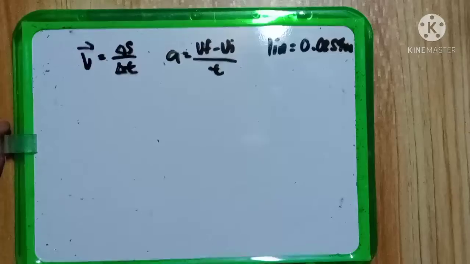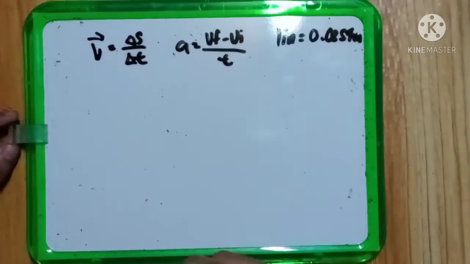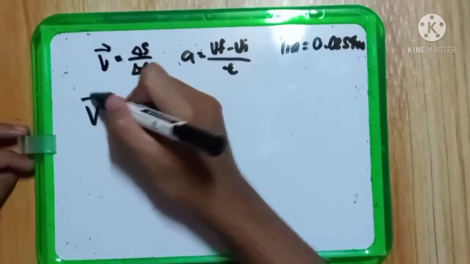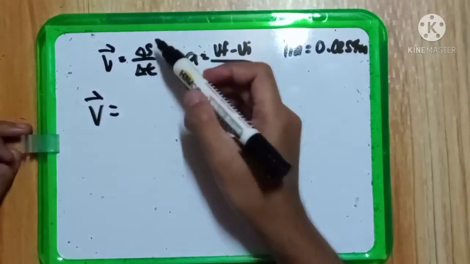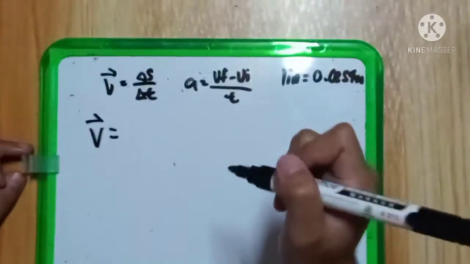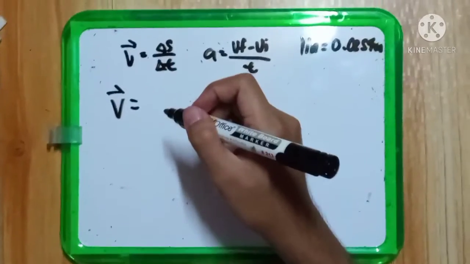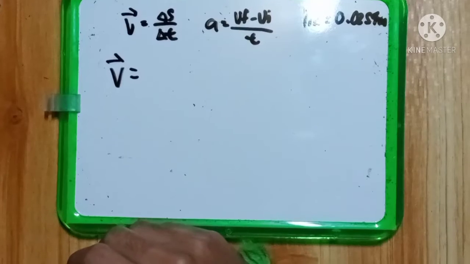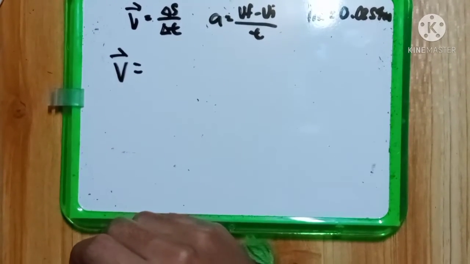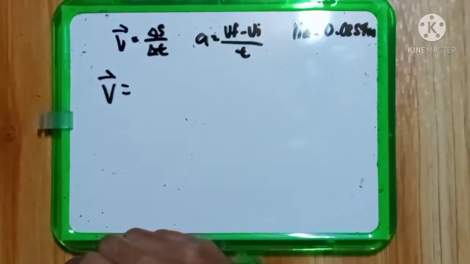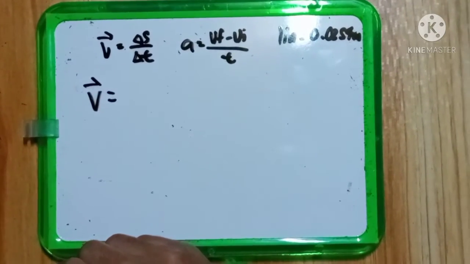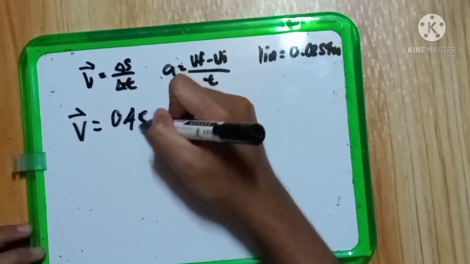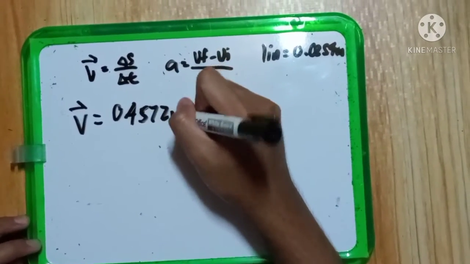Now let's find the acceleration for the third strip. So same procedure. Velocity is equal to displacement over change of time. So let's convert the 18 inches into meters. So 18 inches is equal to 0.4572 meter